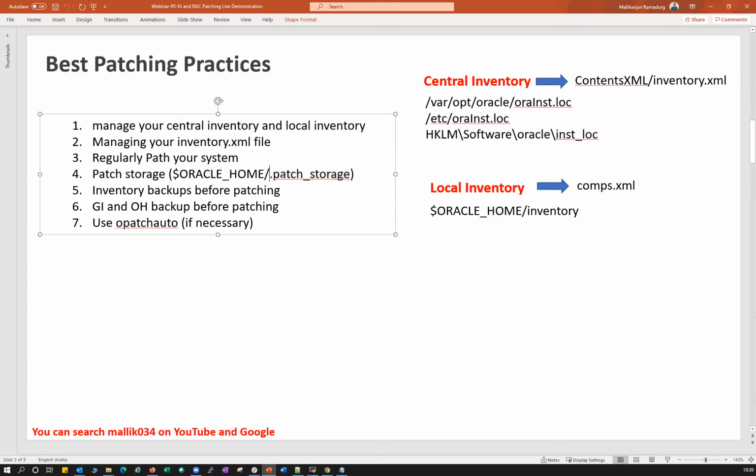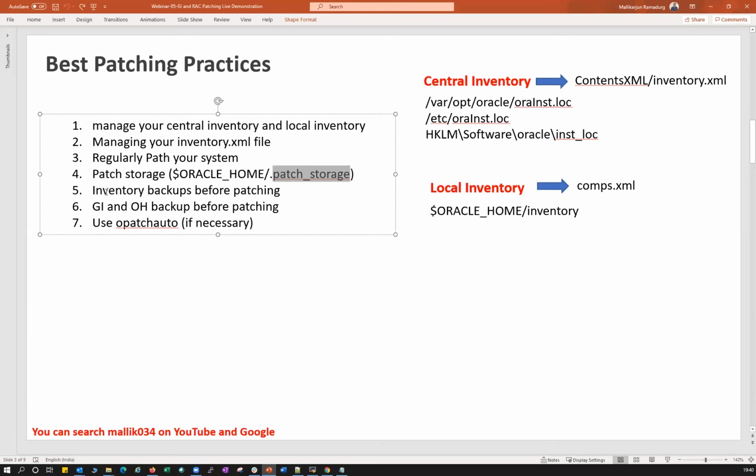Since this is a hidden directory, it might be huge in size, like 10 GB, 20 GB. Whatever the cycle of patching you do, that many patches you can see inside this. It will keep growing. And if somebody, like a junior DBA or some OS admin, sees it and says, hey, it's a hidden file, it will not be used anymore, it's a huge 20 GB in size, so I'm going to delete it. If they delete it, that is going to be a huge impact on your databases. So you have to properly manage your patch storage location.